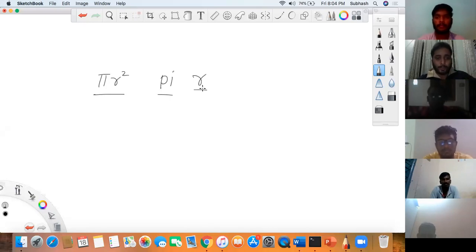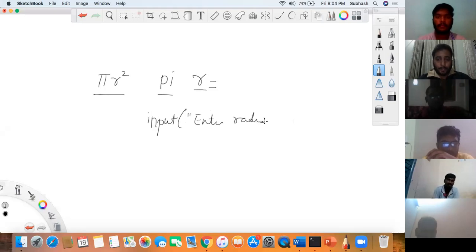So now how do I give the radius value? Should I take the value from the keyboard or should I hard code the value? I'll have to take it from the keyboard, correct? Now, if I want to take it from the keyboard, what is needed? Keep asking questions like this and you'll get the answer. I need an input function. In the input, I would say enter radius.